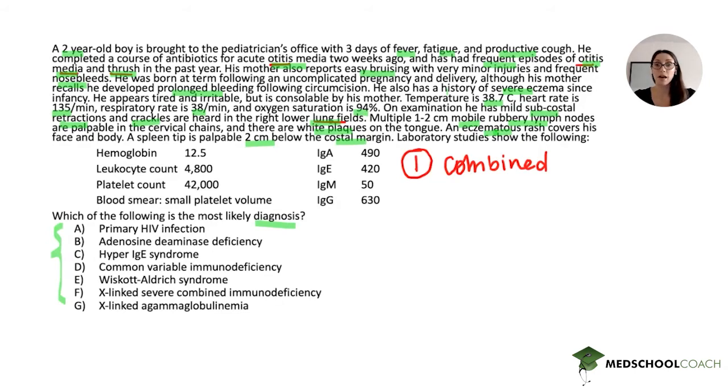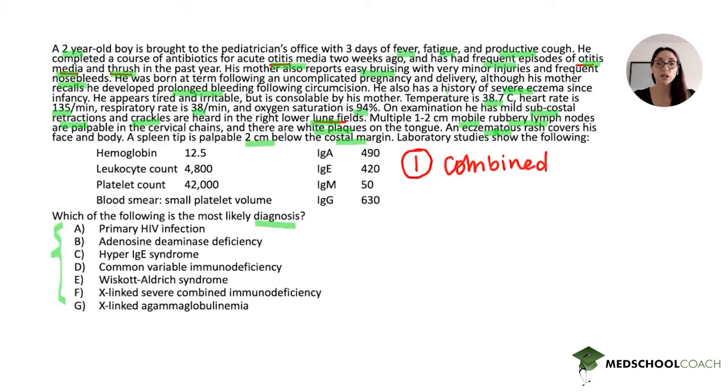And so within our combined immunodeficiency, that really narrows it down to about 3 or 4 diagnoses that we need to know about. So this is helpful. Another thing I want to point out is to pay attention to the other features besides the recurrent infections. So when you're thinking about the recurrent infections, you want to look at the type of infection, like I mentioned, to help place us into a specific category of immunodeficiency. And then once we're within that category, we're going to have to use the other features of the presentation to identify which immunodeficiency it is. And so we're going to be able to use findings in the history,